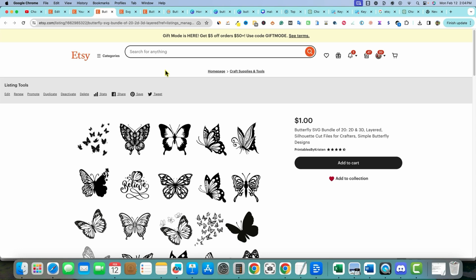Now, you want to make sure to subscribe because I'm going to do more videos. Like we're going to create some of these SVGs using Midjourney and so forth. So we're going to do some really cool stuff. But this is how you get started. This is how you get started publishing content on platforms like Etsy,